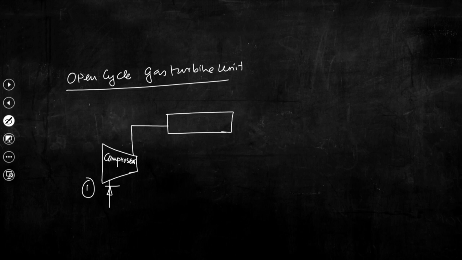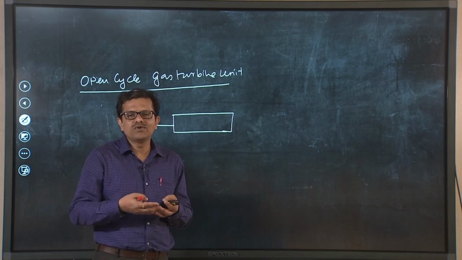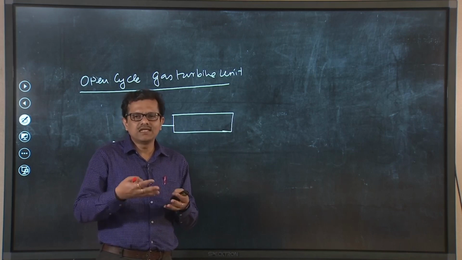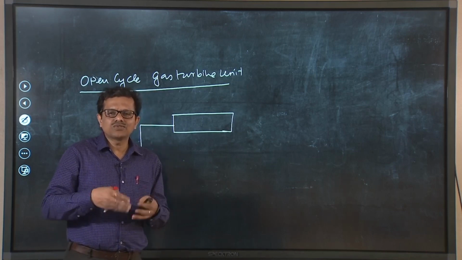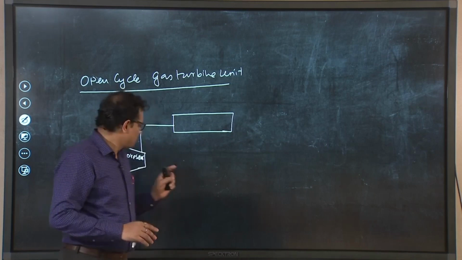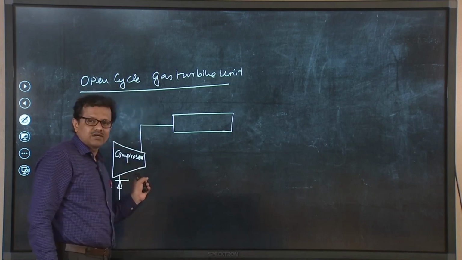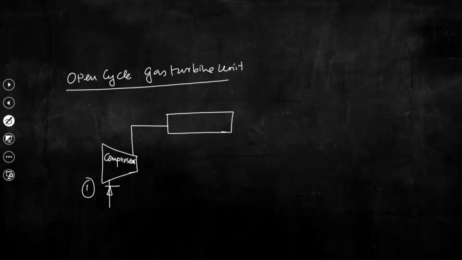So, essentially air will be compressed and pressure will be increased, temperature also will increase, but the most important part is to increase the pressure of the working fluid. So, air is taken from the ambience,